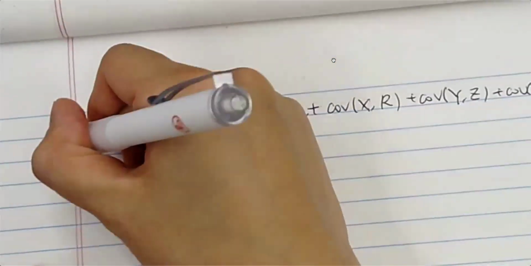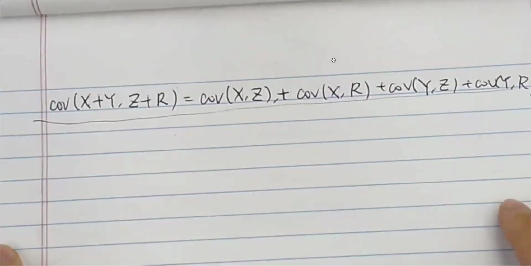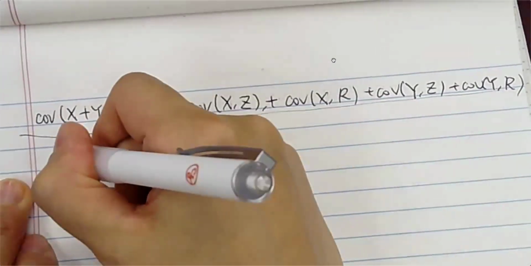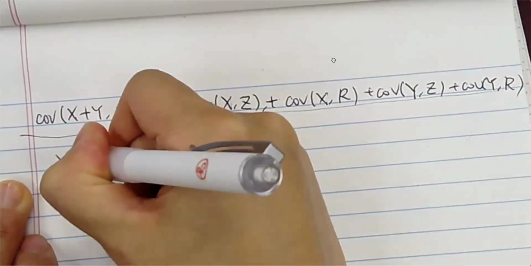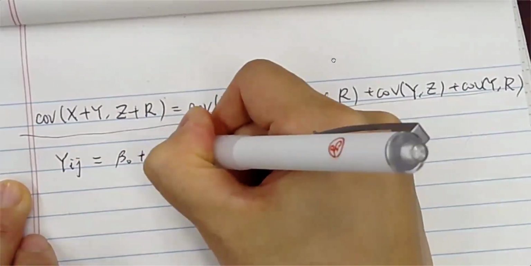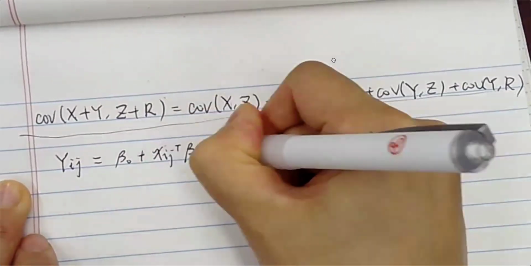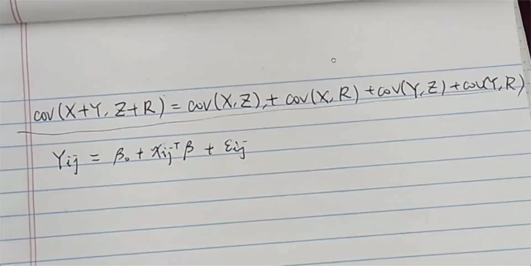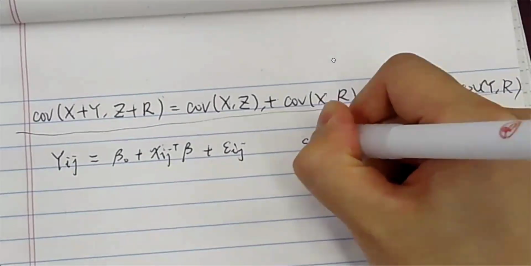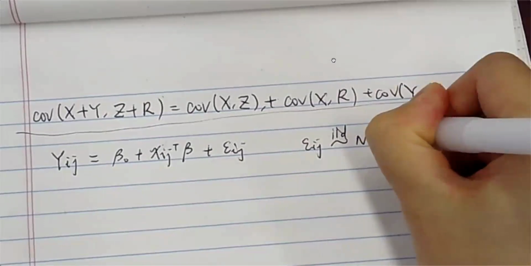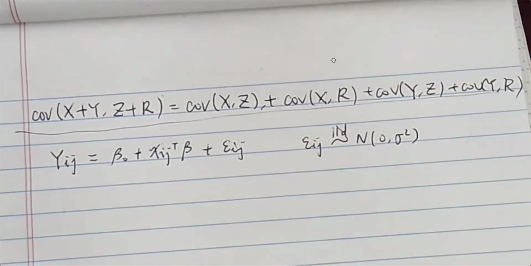This is a little deviation from what we're talking about now. If I just have Y_ij as beta_0 plus X_ij beta plus epsilon_ij, now I'm dropping this random effect. With this model, if you have epsilon_ij IID from this normal mean